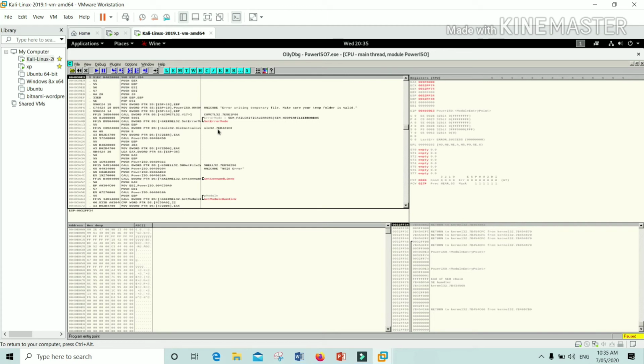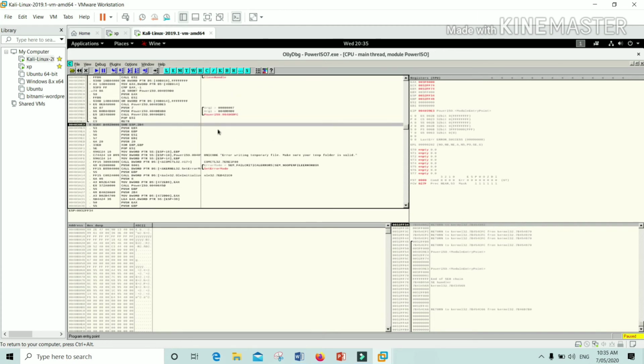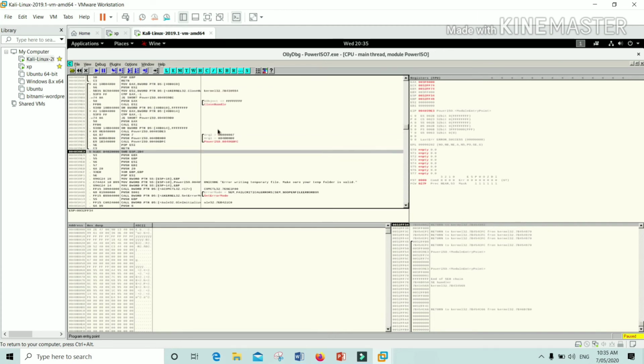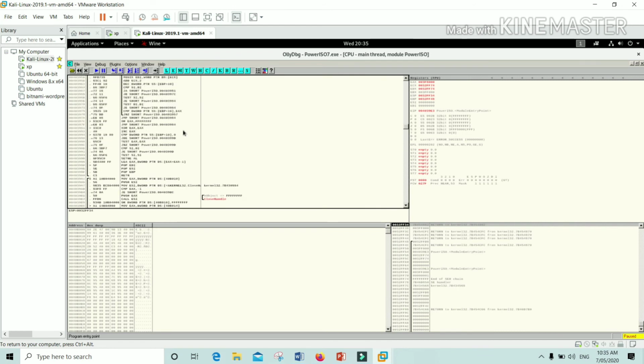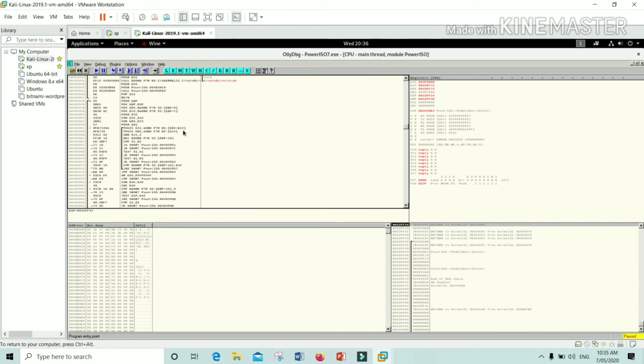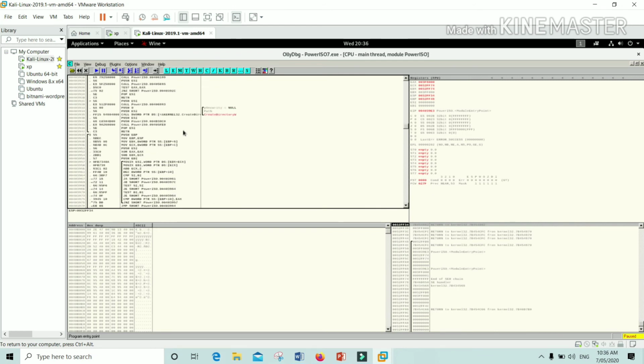The importance of this tool is that we can access the source code of any .exe application. Here I have already loaded the power.iso.exe application. Here you can see the source code of PowerISO.